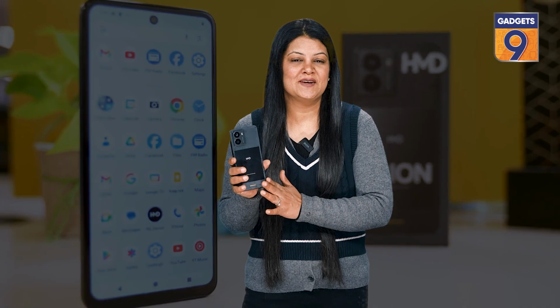Okay, so it's an intriguing mix of features in the budget smartphone segment. Its design is retro and unique and impressive for sure. You can see, very impressive. The swappable outfits are standout elements. So overall, the HMD Fusion is a phone that prioritizes style over substance. It might appeal to casual users who value design and basic functionality, but yes, it's value for money at the price that it's at, and this is at rupees